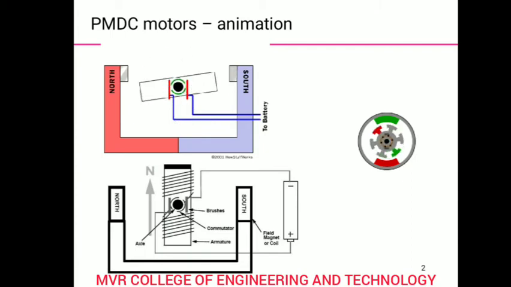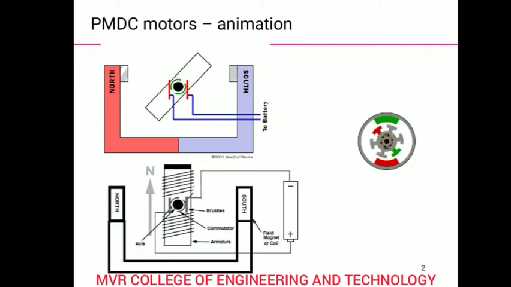For small motors like trimmers, we have small motors also. Like floppy disks, printers, I mean to say CD drives, these motors are used. So here you can see the image. There is a north pole and south pole, and there is a rotor rotating in between the north and south. For the rotor there will be a winding, and for the stator there will be no winding. There are permanent magnets placed on the stator.